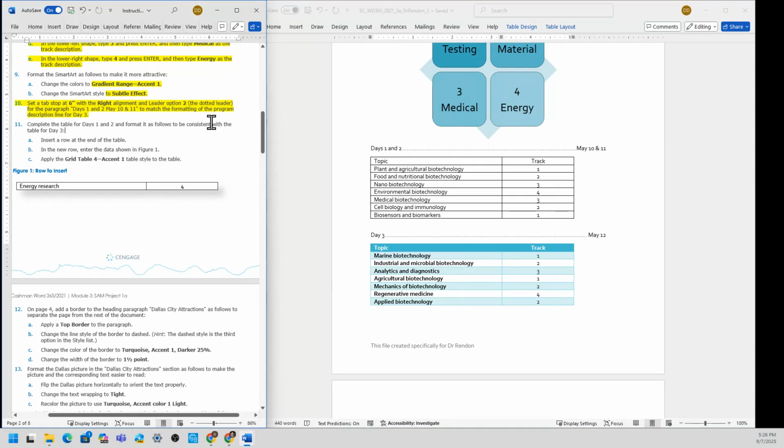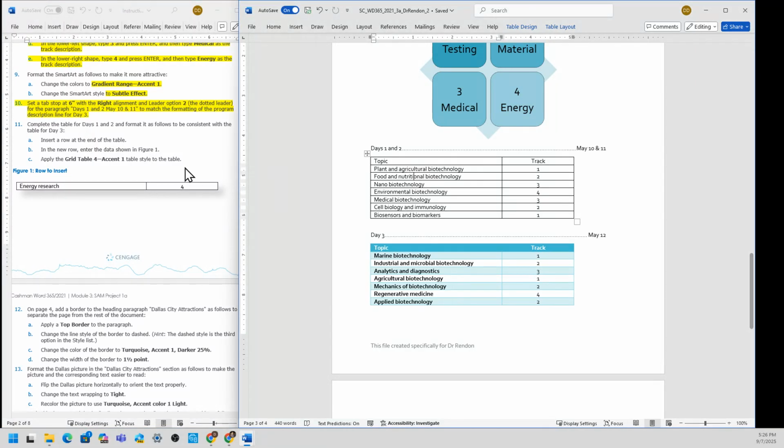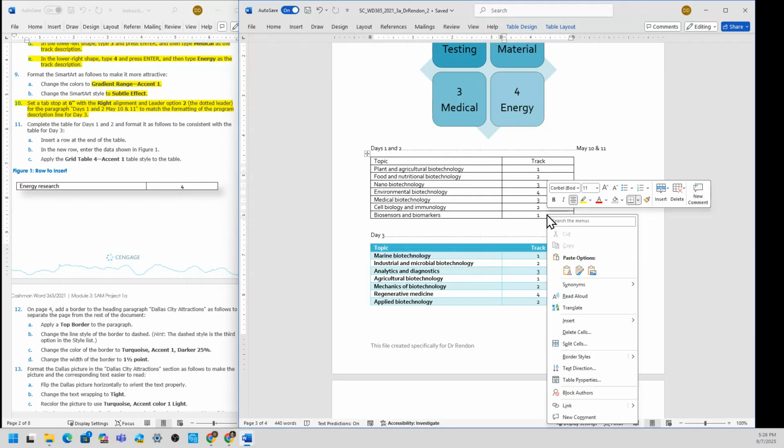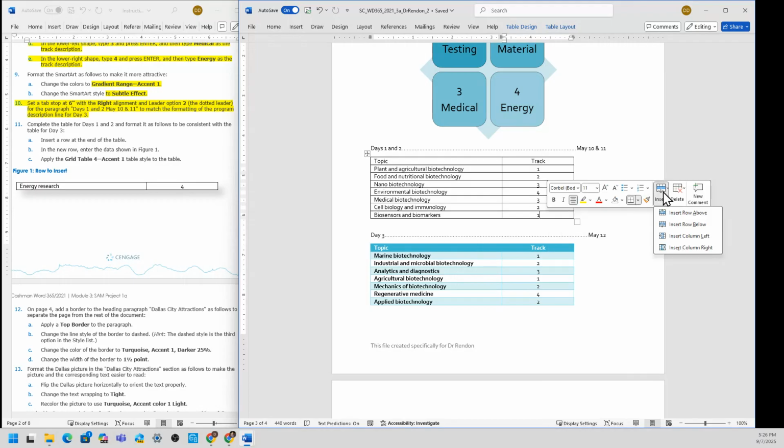Now the step 11, we're going to complete the table for days 1 and 2, which is this here. And we're going to insert a row at the end of the table. So go to the last row, and then you can right click there, and then you're going to insert row below.